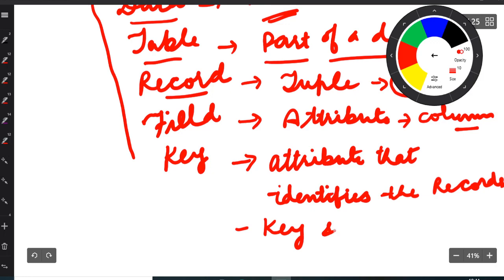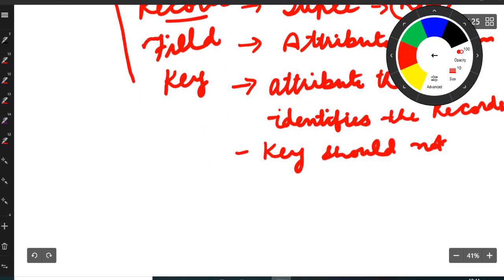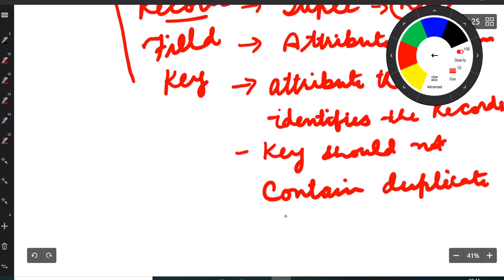Also, the key should not contain duplicate values.